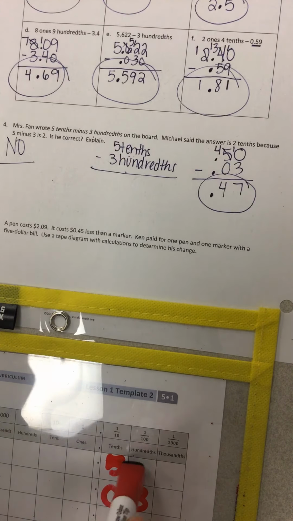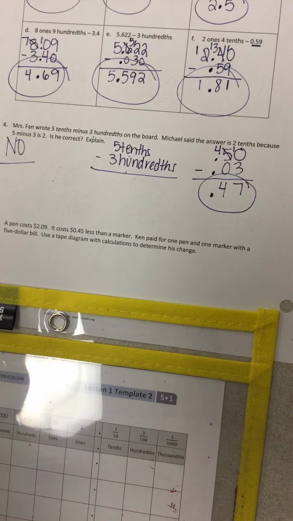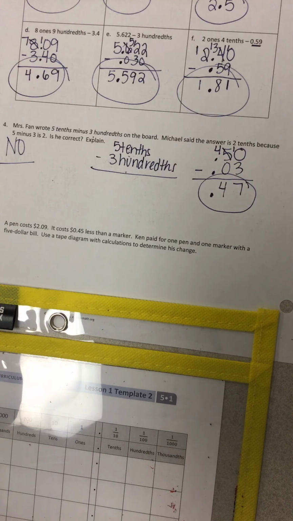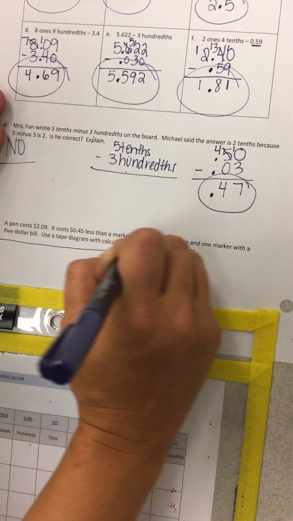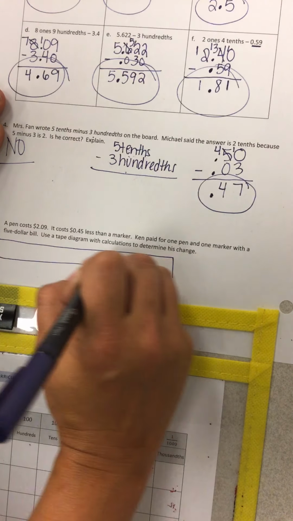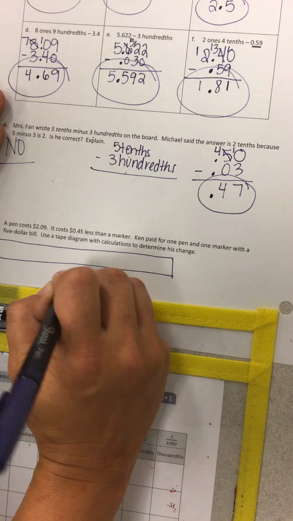So a pen costs $2.09. It costs 45 cents less than a marker. Ken paid for 1 pen and 1 marker with a $5 bill. It says to use a tape diagram with calculations to determine his change. So here's what we're going to do. Here's your tape diagram. Okay. This is going to be his